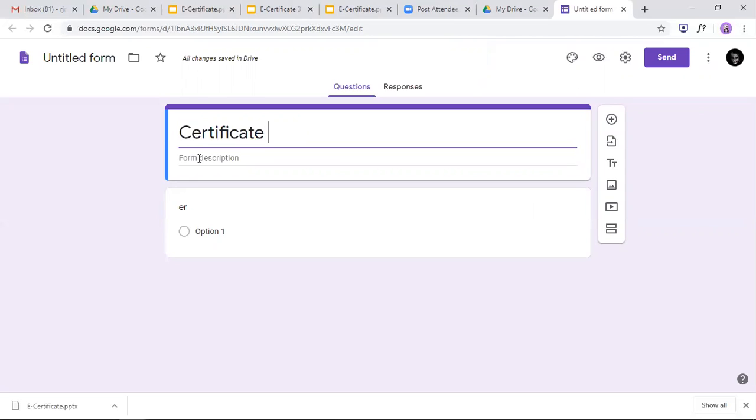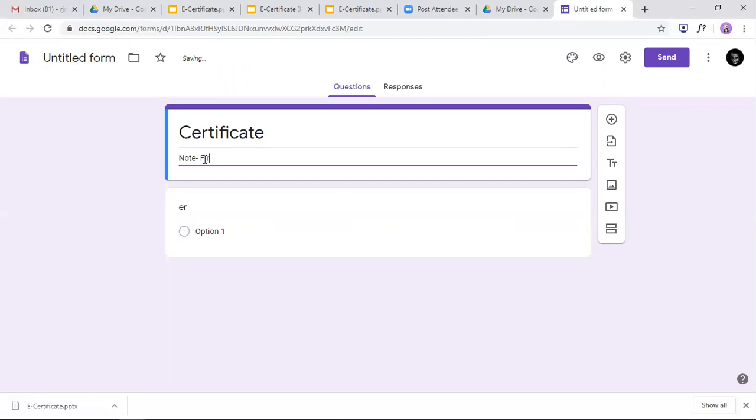Here you can just put a note: please continue the following steps and please fill in the tags you have mentioned properly, like first name, last name and institute's name. Now my question is, what we want is people.